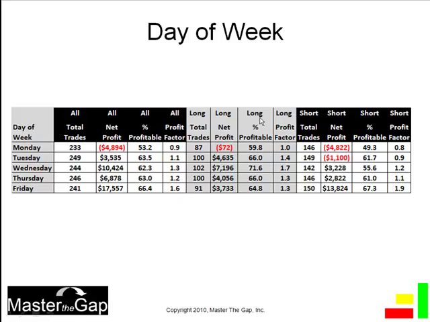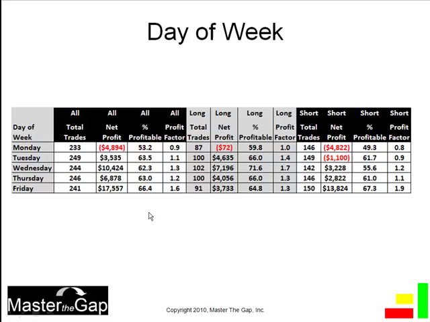If you have a gap down, meaning that the open occurs lower than the previous day's close, you would enter the market and buy long at the open, targeting the gap fill of the previous day's close. If you had a gap up, where the open of the day was greater than the previous day's close, you would go short. That's what's known as fading the gap. You would go short and target the previous day's close, or what we call gap fill. So basically we have this table separated so that you can take a look at the shorts, the longs, or the combination of the two.